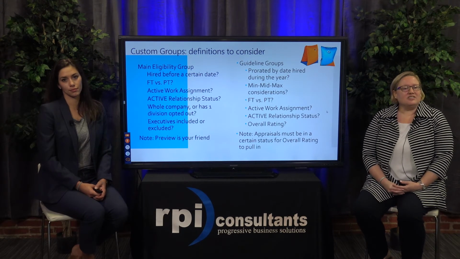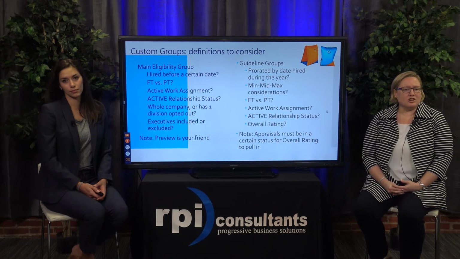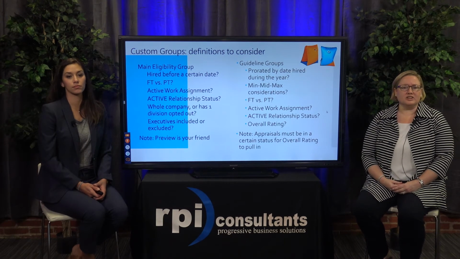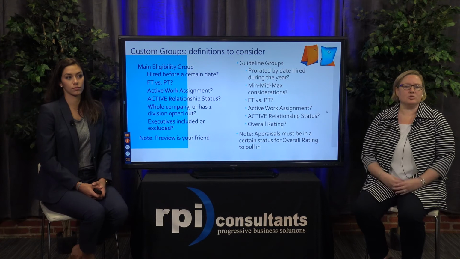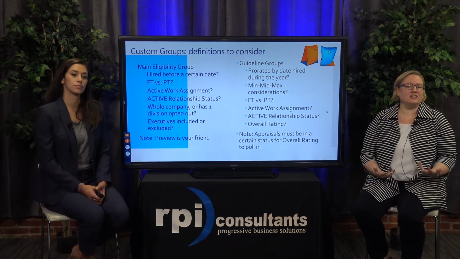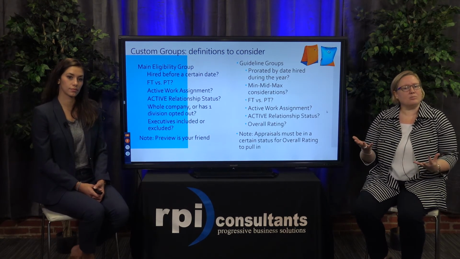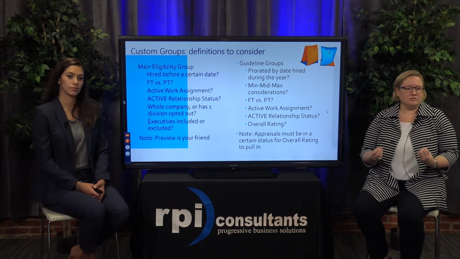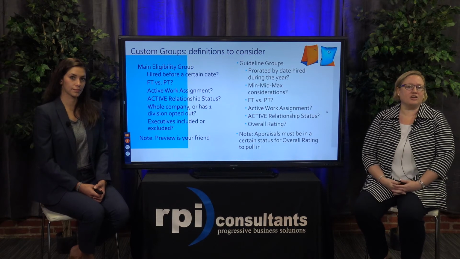Maybe you've got a division in your company that's not participating, that does their merit increases differently than the main part of the organization. If so, then you would want to exclude those specifically in that custom group so budgets aren't generated for that division. And then think through, are executives included or excluded? Do they have a different process? And is there a job level or a position level that you can add into your criteria to make sure you're getting the right group that are eligible for this particular merit increase?